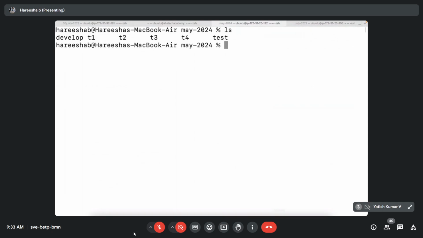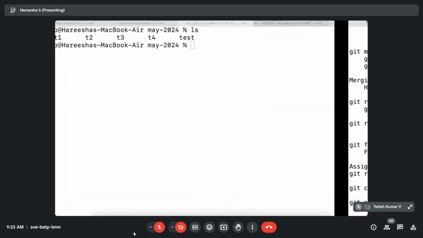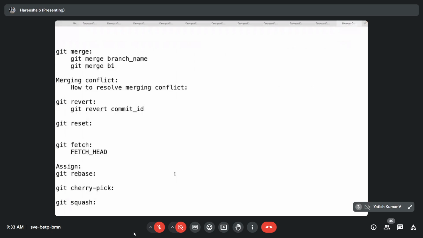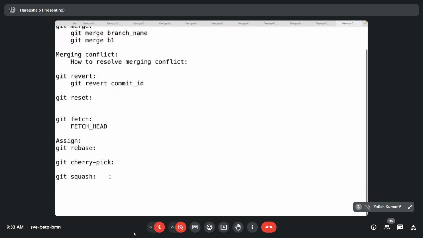So one last thing is there, git hooks. We do have pre-commit hooks,